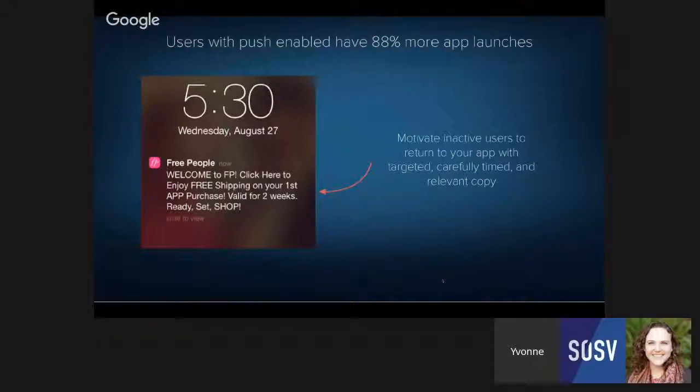An interesting thing that they've done here is that to their new users that maybe opened the app one time but haven't logged in the last couple of days, they're saying, hey, welcome again. Here's free shipping, and you can use it anytime in the next 2 weeks. So they're not forcing the user to do something right away. They're not making the user feel too pressured or that the company just wants to get money from them as soon as possible. They're giving them a decent window of time to go back into the app, search around, shop around, and maybe purchase something. So that's what we see as a good example of push messaging.